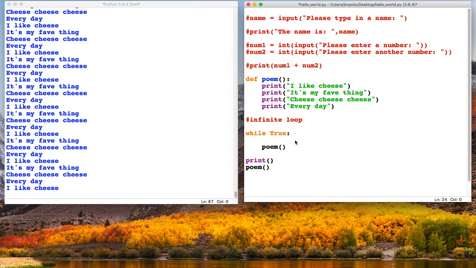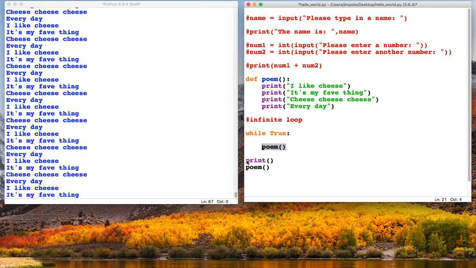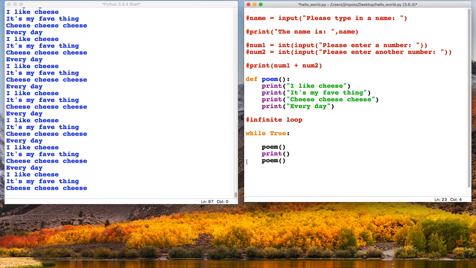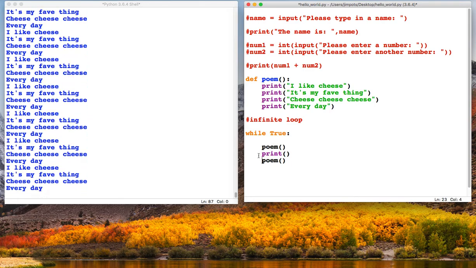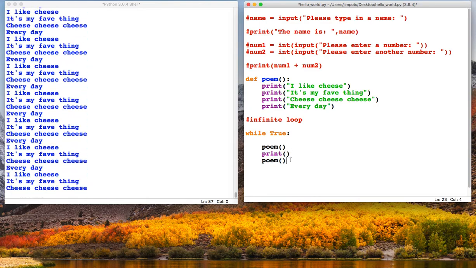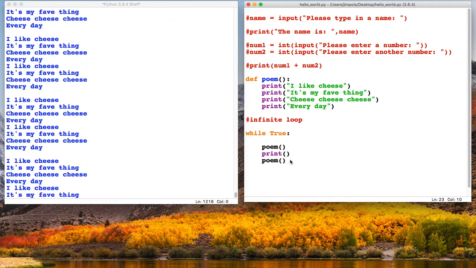Okay, because a while True loop is an infinite loop, it will go forever. So the program will never get past this line here. It just runs this over and over. We'll never get to this point. In order to run these two lines, we need to also indent them, okay, like this. All right. Now, if we run this again, what we should see is the poem repeated over and over, but this time with a space, a new line in between each verse of the poem. So I'm just going to press F5 again. And you can see there we've got the whole thing running now.